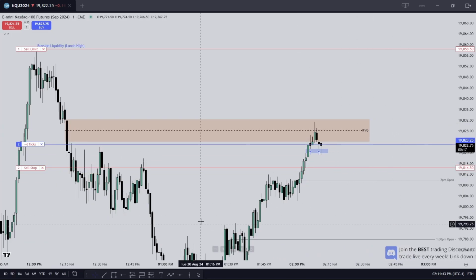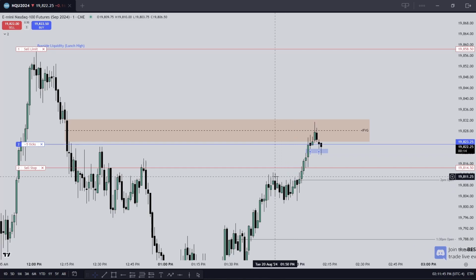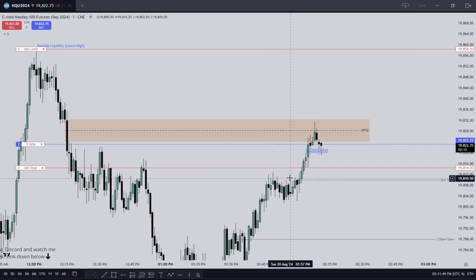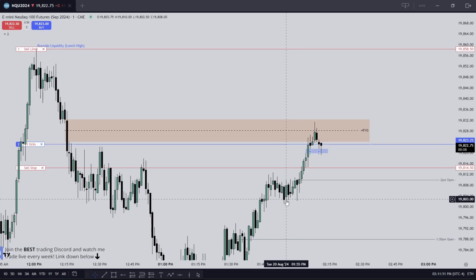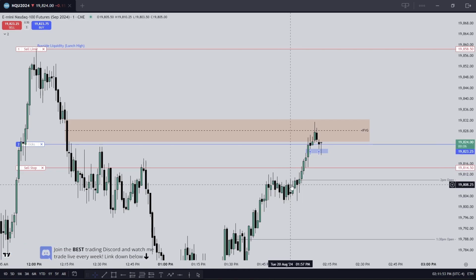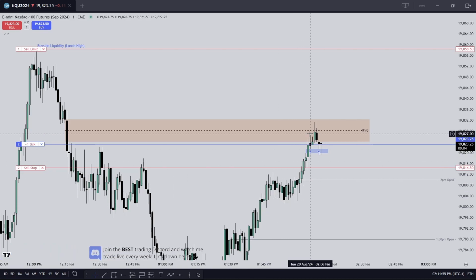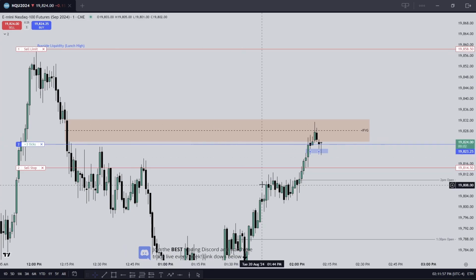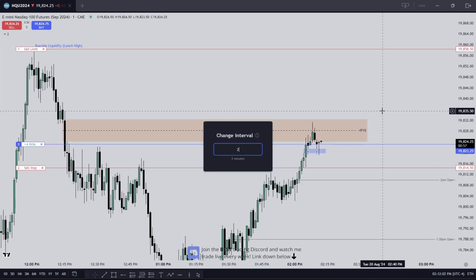What I don't want to see is us come back inside of this consolidation. For one, that's a balanced price range. Up, down, up, down, up, down. A lot of back and forth price delivery, both sell side and buy side. Once we leave that consolidation, I want to see us make a run for buy side. I don't want to see us retrace. And then if you go to your 2-minute chart,